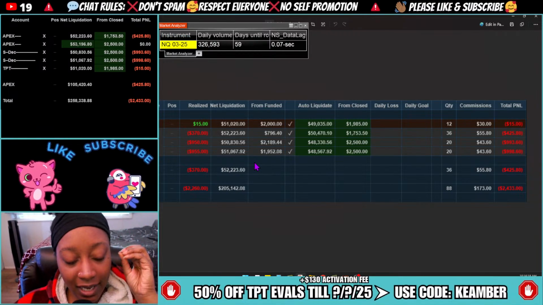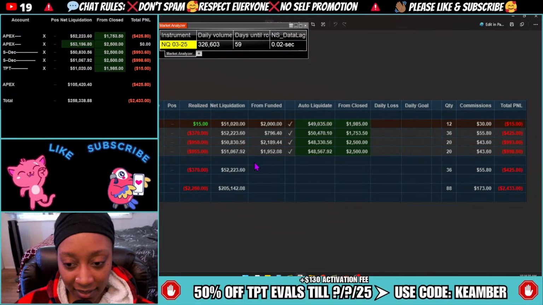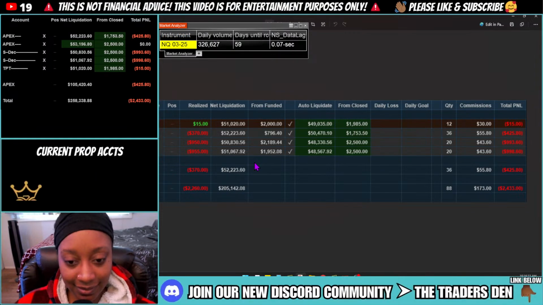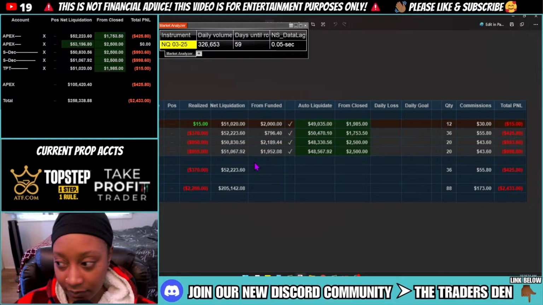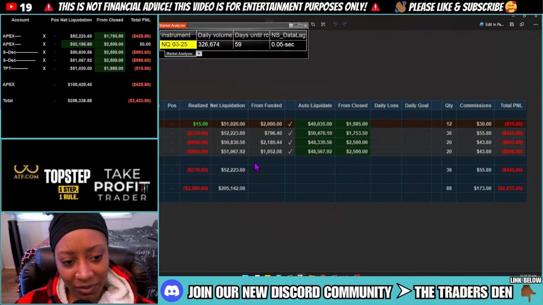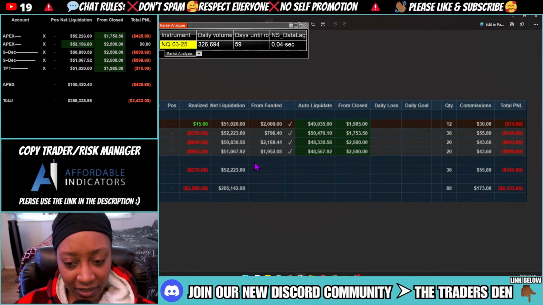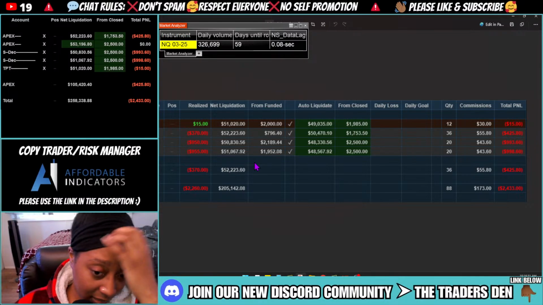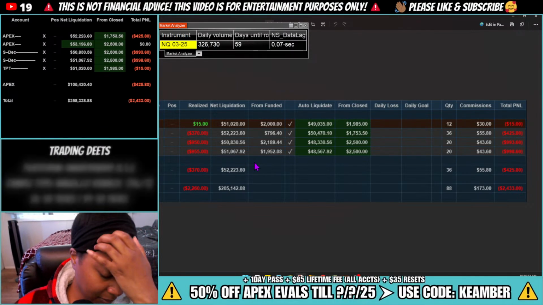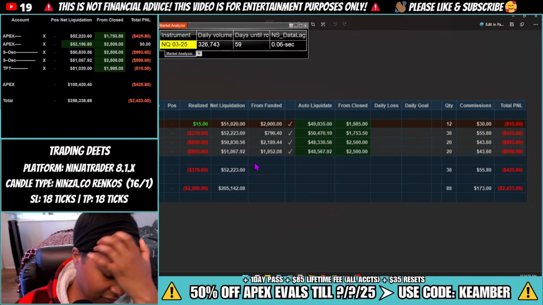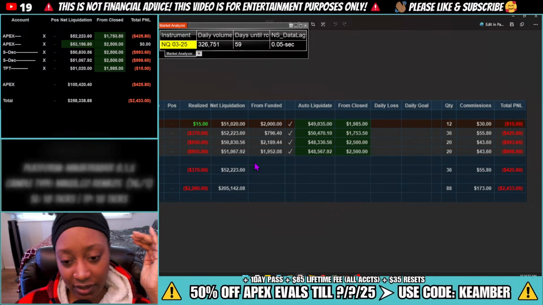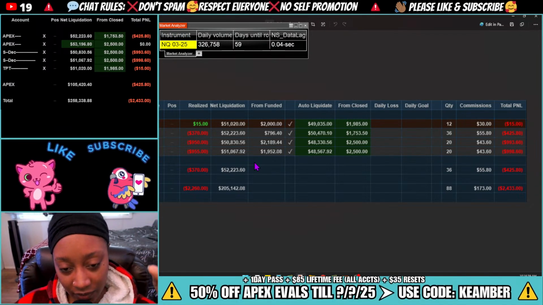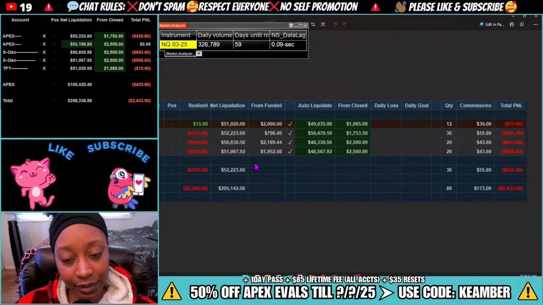I don't feel comfortable trading my PA until this is fixed. I could make the PA the leader, but I'm not going to do that because I'm going to have a profit goal on there. And I don't feel like changing shit up. If I hit the profit goal, having to change everything leader, I don't feel like doing that. I should be able to rely on something that's supposed to work.